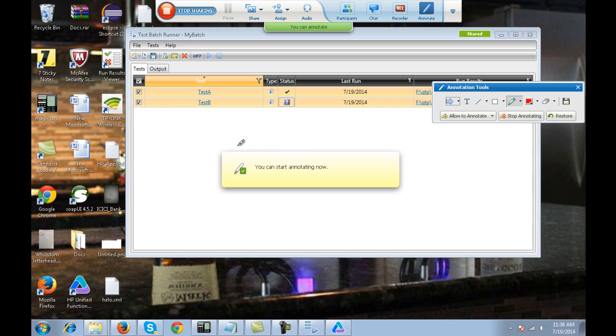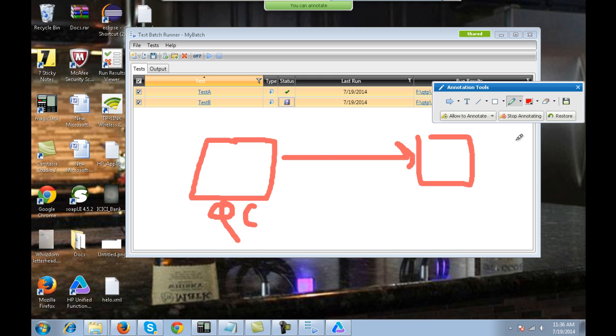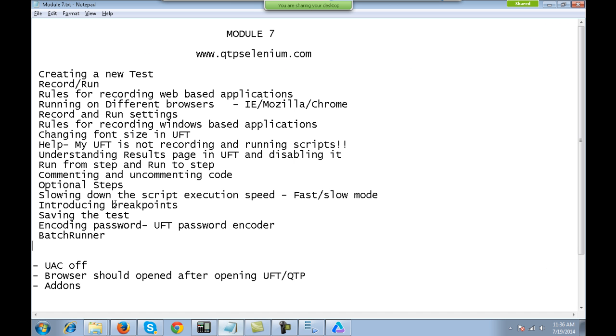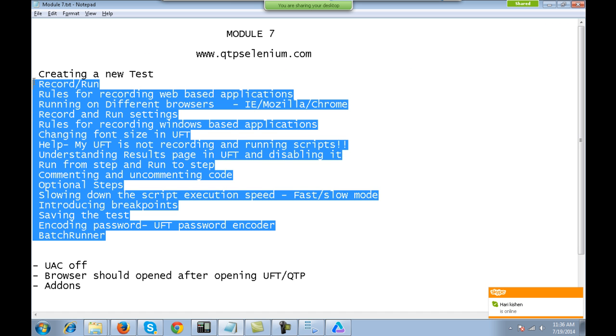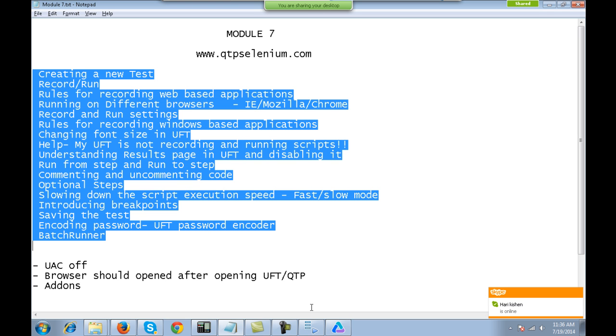Fine. Quality Center, I hope you know QC, ALM QC. Okay, the scripts are stored inside ALM QC and they are executed on, say, a remote machine through ALM QC. Fine, and the results are stored back inside QC. So we'll see all of these, right? So let's stop over here, and we studied all these things. Fine. I hope these small but very important things have helped you in understanding various things.